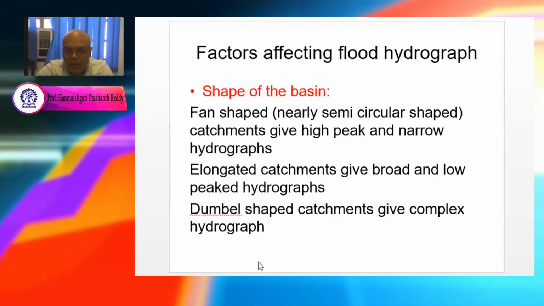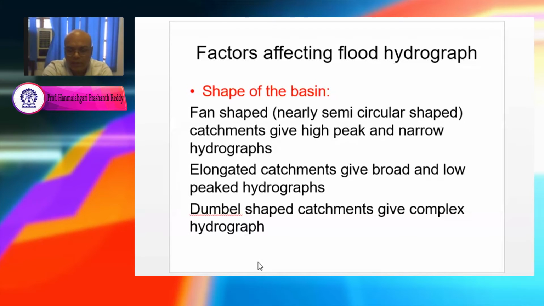So today I am going to start with factors affecting flood hydrograph. So you know what is a flood hydrograph. A flood hydrograph is a plot between the discharge versus time measured at the outlet of a watershed or a catchment. And this flood hydrograph shape,